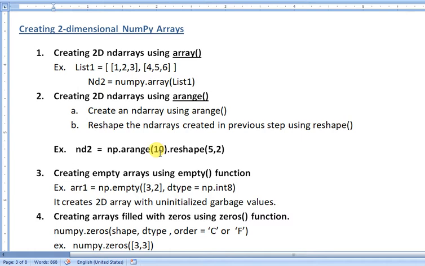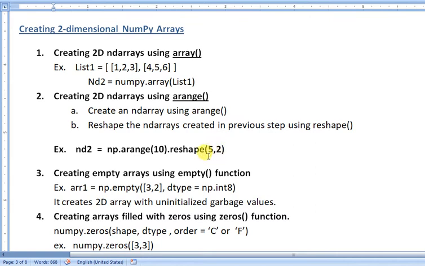Whenever you reshape, the multiplication of both values must equal the number of elements generated by arange. So 0 to 9 means a total of 10 numbers generated, so you can reshape into 5 by 2 or 2 by 5. 5 by 2 indicates the number of rows is 5 and the number of columns is 2.